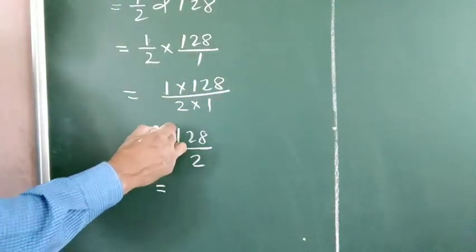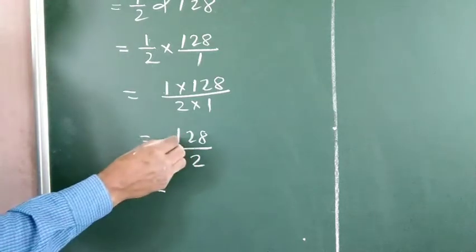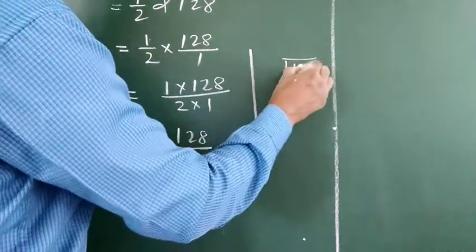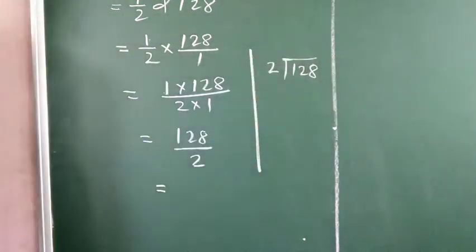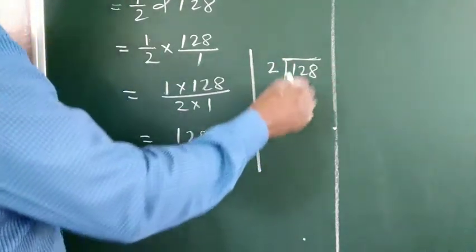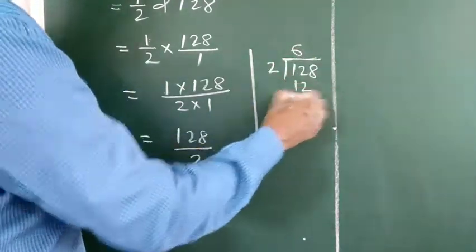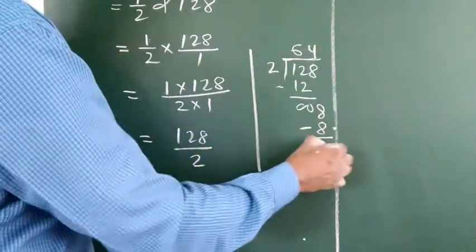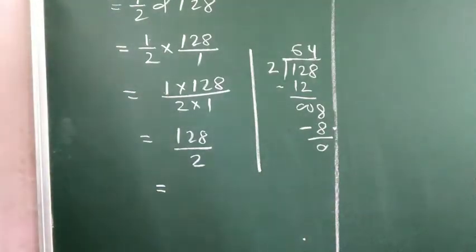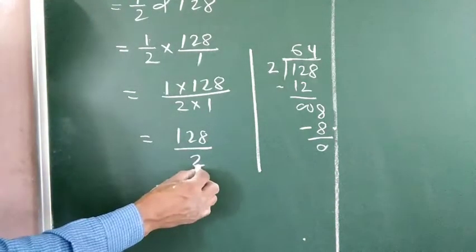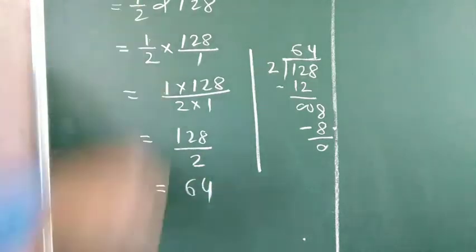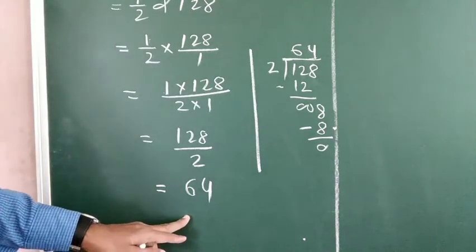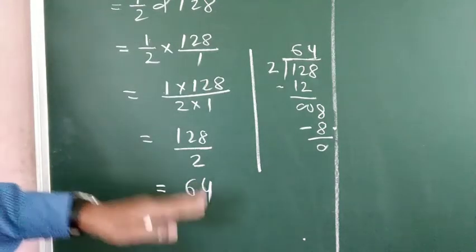Now it is 128 by 2, means here we have to divide 128 by 2. तो आइए अभी आप डिवाइड करते बेटा. See, it is 128 by 2. By 2, then see, 2 6s are 12, and it is 8, and 2 4s are, it is what? 2 4s are 8. So this way, 128 by 2 is equal to what beta? It is 64. So what is this 64? This number is number of mangoes which are ripe.